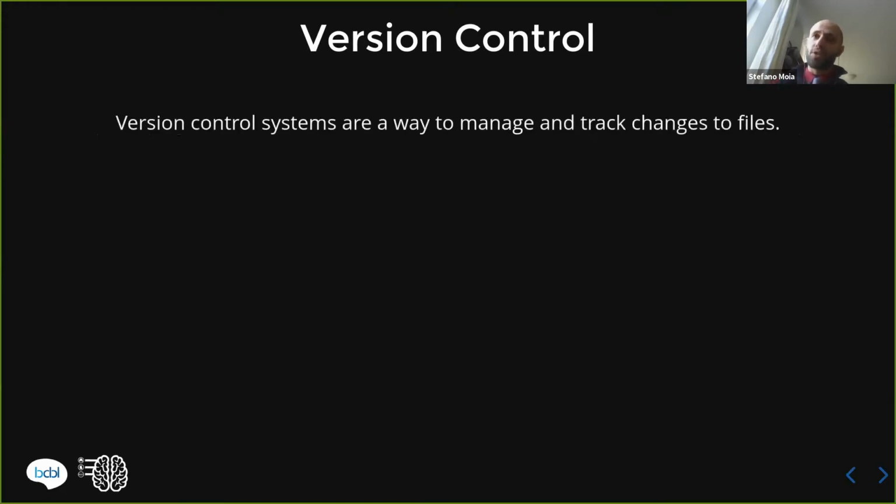So let's start with some jargon then. I said before that doing open development means using version control. And what is version control? Basically, version control is a way to track and manage changes that you make to files. And version control systems are software that do that for you, or better, you can use them to do that. The most popular one, at least in the brain hack community, is Git.